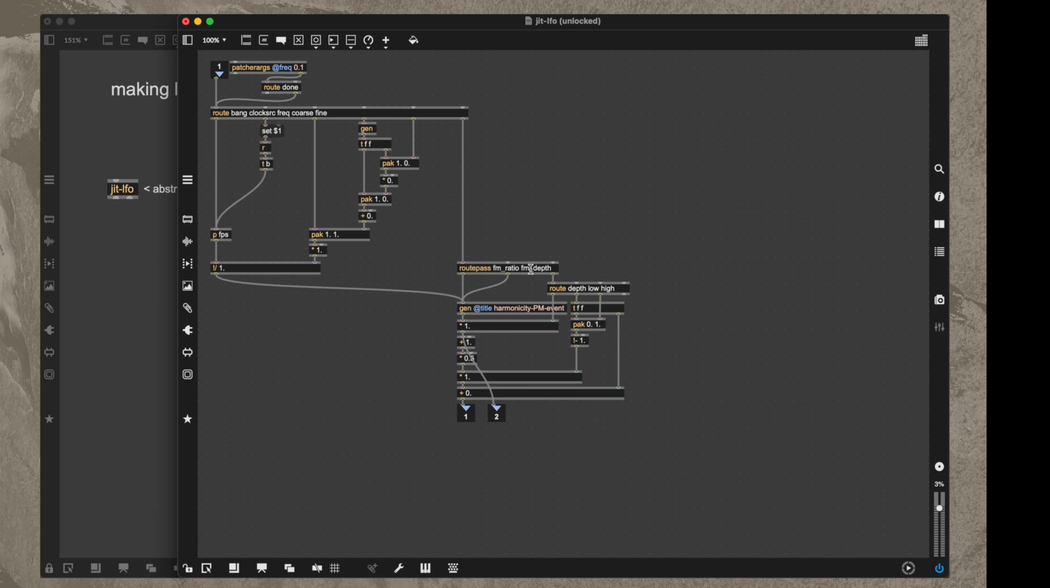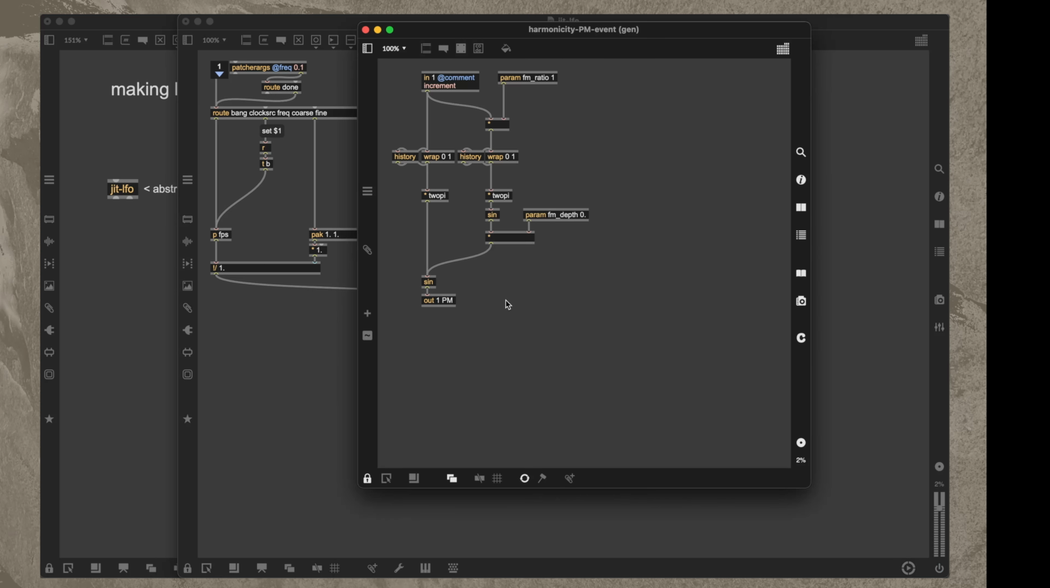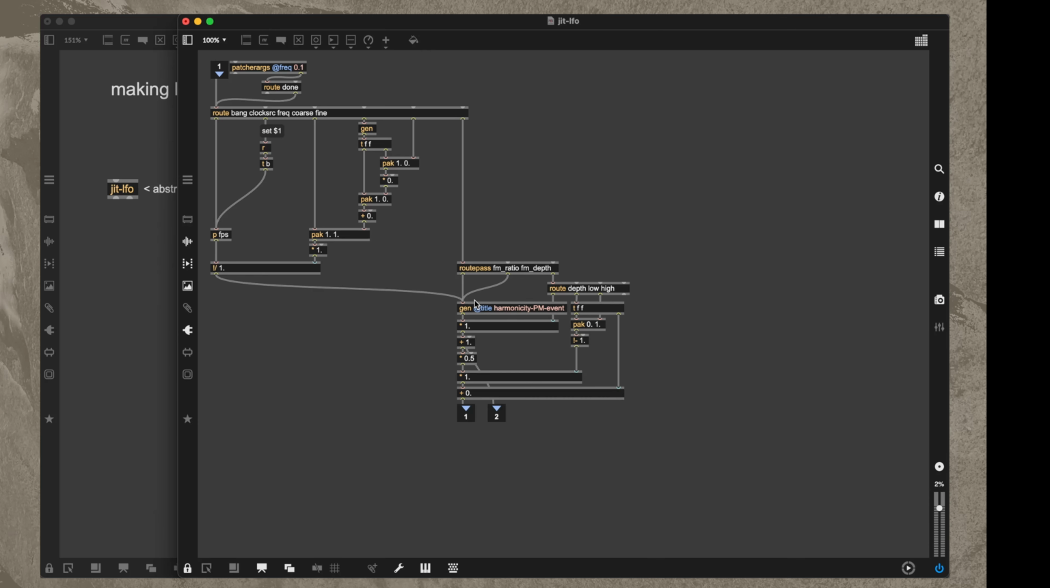You can see here that I'm using routepass in this particular case because this is a gen patch that has attributes, parameters rather, that are FM ratio and FM depth. And so I want to preserve those prefixes. So I use routepass in that particular case because route and routepass are basically the same. If I use route foo and I use routepass foo,